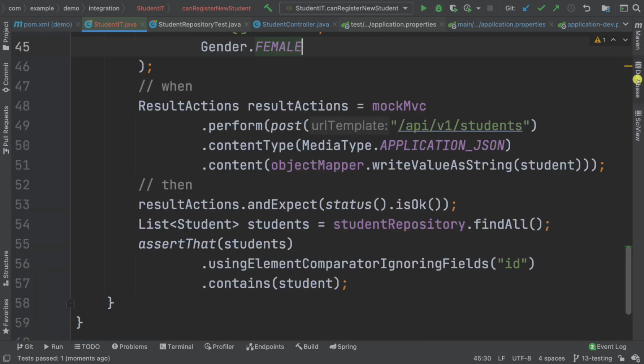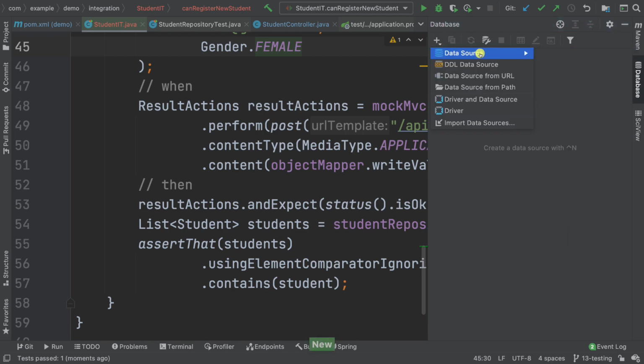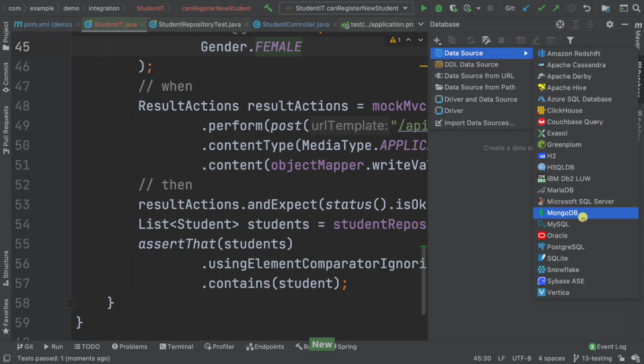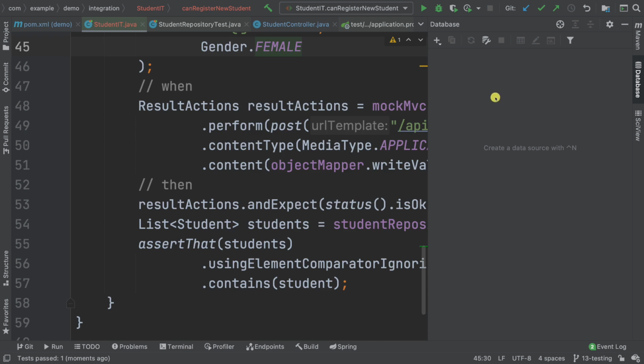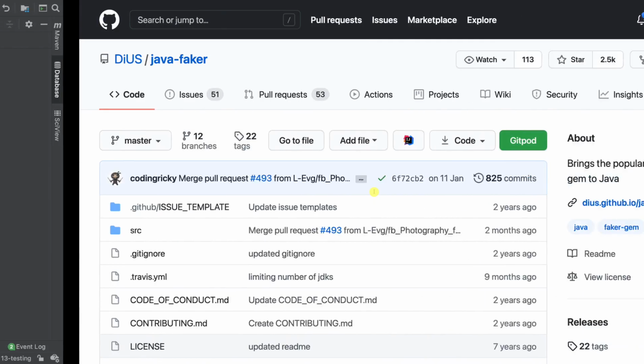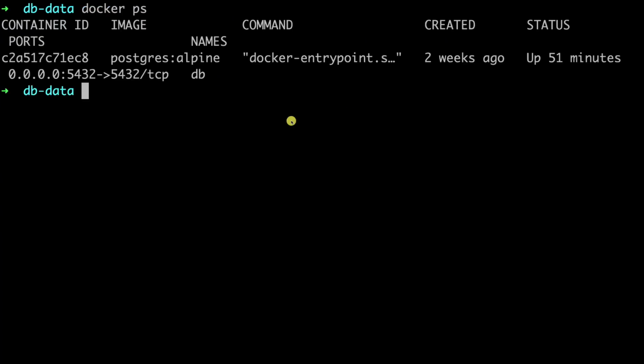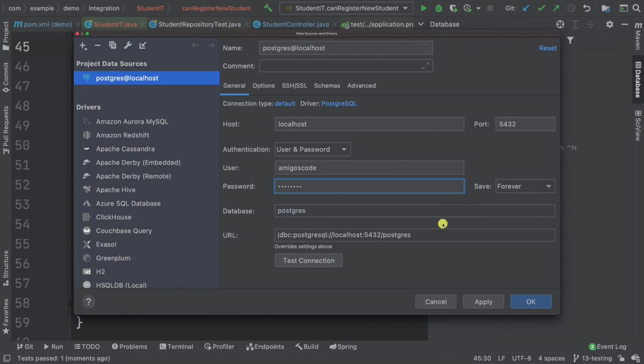So what I want to do actually is click on databases, and then let's add a new data source. And here I'm going to choose PostgreSQL, and then localhost, and then this is Amigos code. The password was password. So basically I want to connect to the Docker PS database, but through IntelliJ. And then here this was Amigos code, right? So the database. If I test the connection,